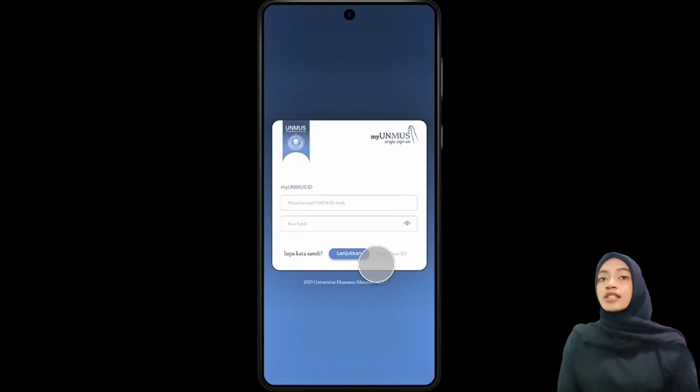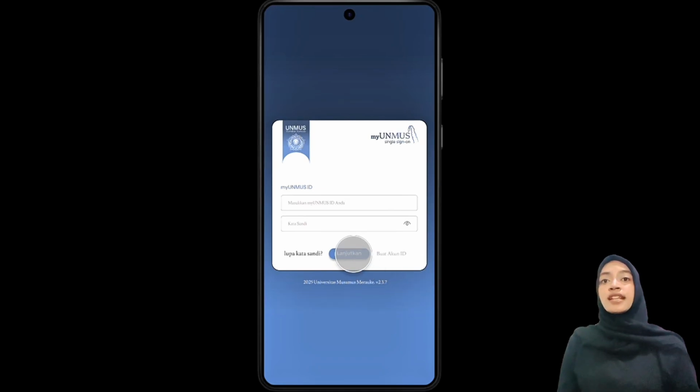So, the SSO interface before the update used orange and yellow. Then, the color selection was updated to match the modern look for a more consistent and attractive appearance. Second, the login form or input field, which previously only contained a field for entering a student identification number or name, was updated so that the password field appears next to the name field. Furthermore, a password viewer icon was added to make it easier for users to see the password being typed, whereas the previous SSO did not have such an icon.